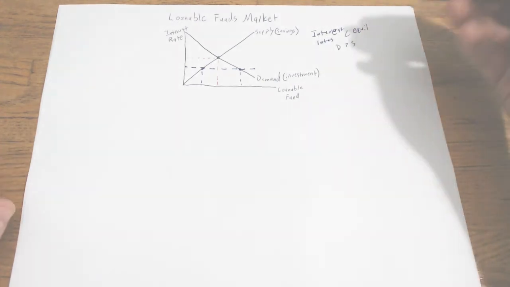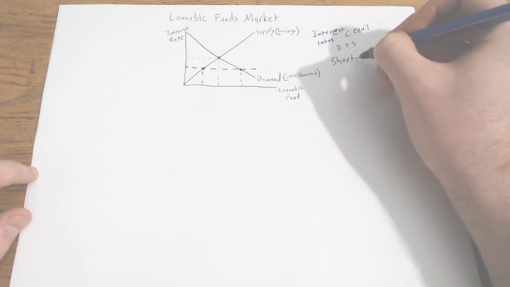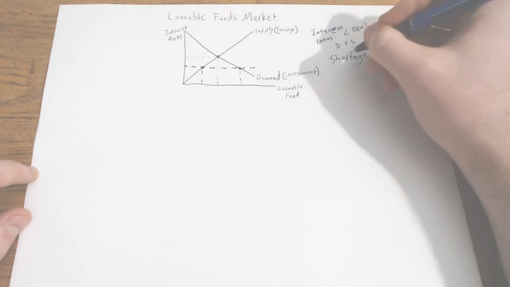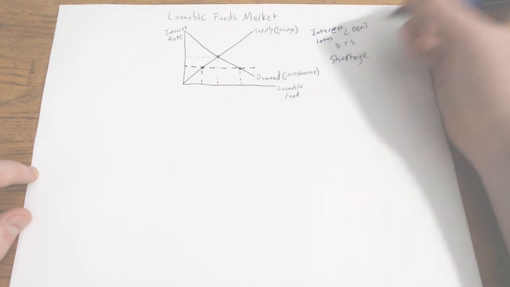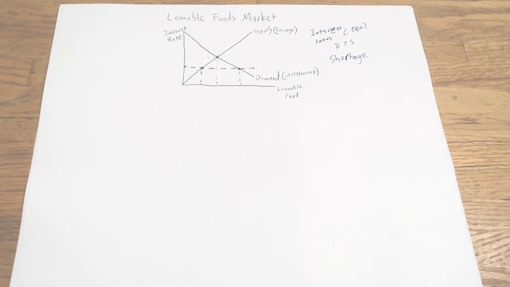If our demand is greater than supply, that's going to be a shortage. In a shortage, lenders are going to be encouraged to raise the interest rate they charge,